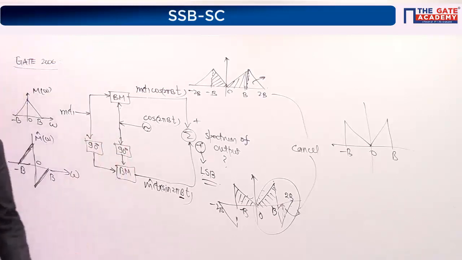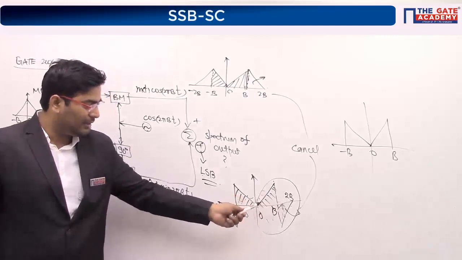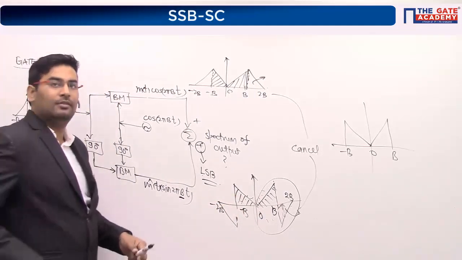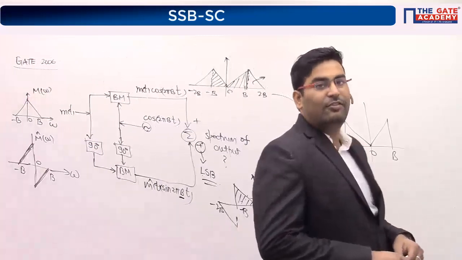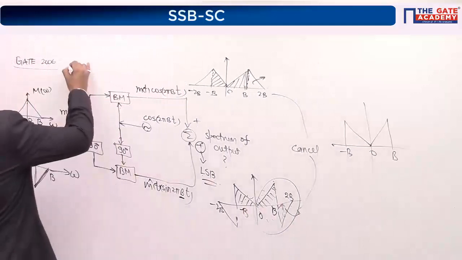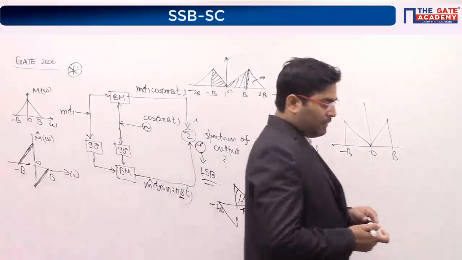Now this question is done. If you shift this to the right hand side, you will get this. Look at this, it's exactly the same. And if you shift in the left hand side, you will get that. So everybody is clear. It's a very nice GATE question. Put some star or something so that you always revise it when you study the phase discrimination method.